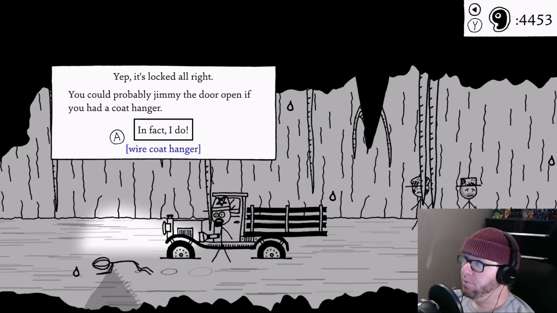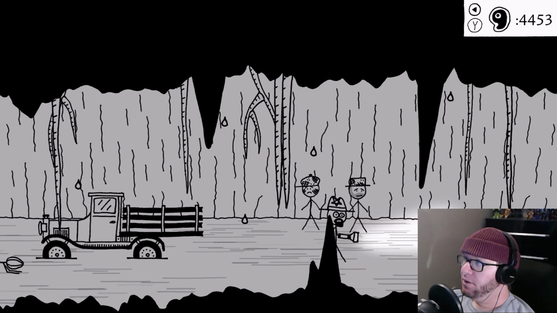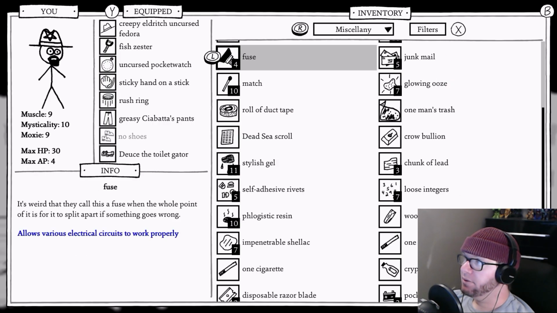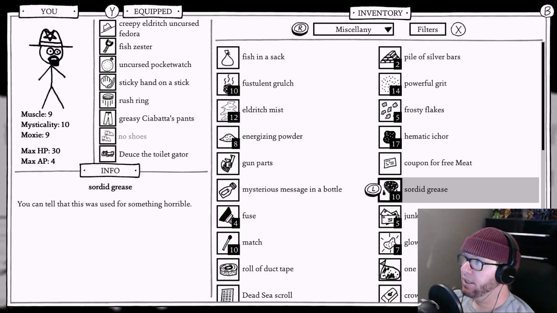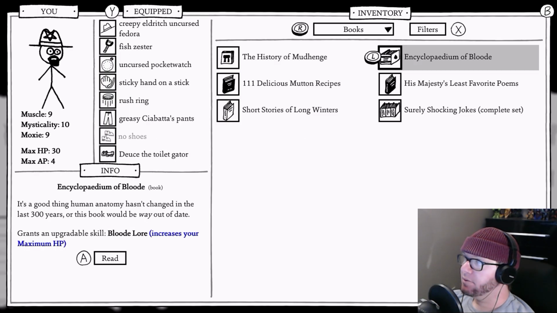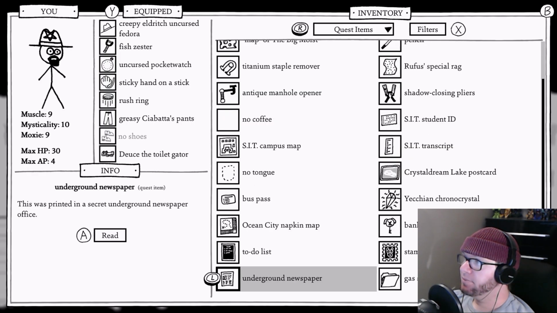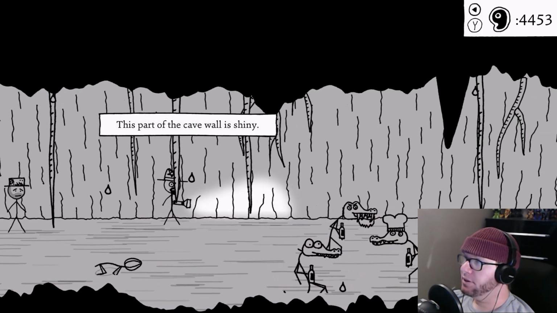You'd probably jimmy the door open if you had a coat hanger. I do. You get the car unlocked, but your coat hanger gets ruined in the process. Shucks. How many of those do I have? I feel like I might have one or two still. Ooh, maybe I don't have any. I don't think I have any more. Unless they're... Wait, when did I get this? Oh. Oh, no coffee. Huh, okay. Next time I get a coat hanger, I should definitely see...